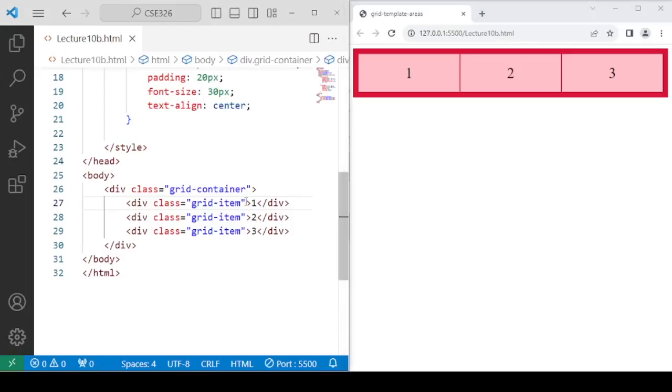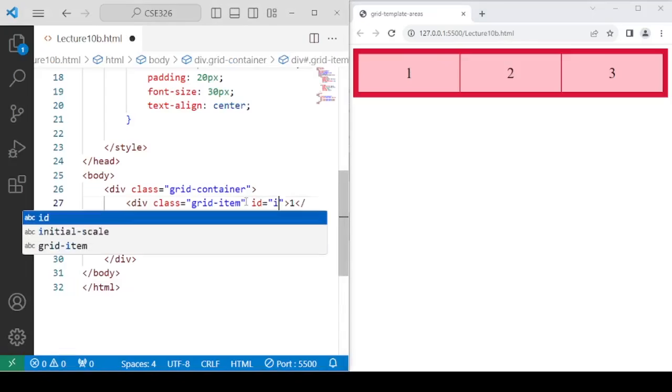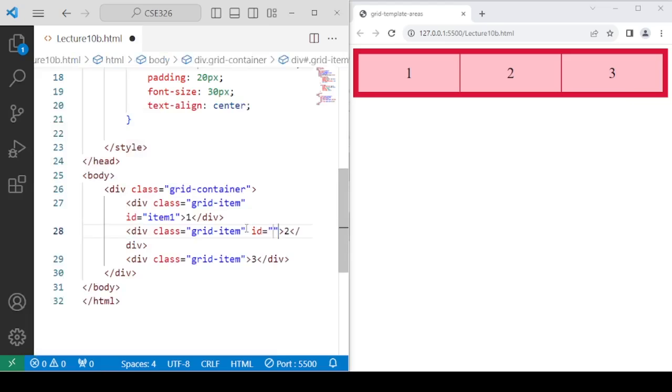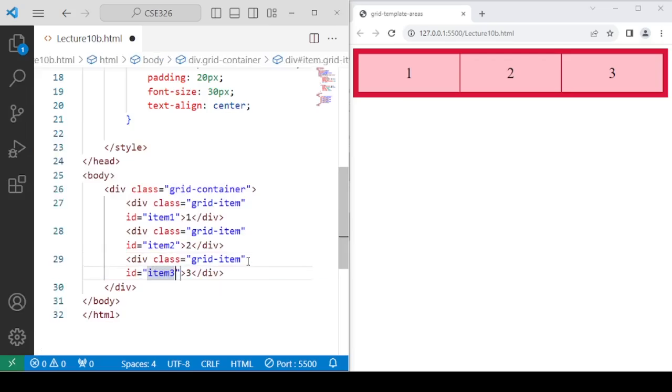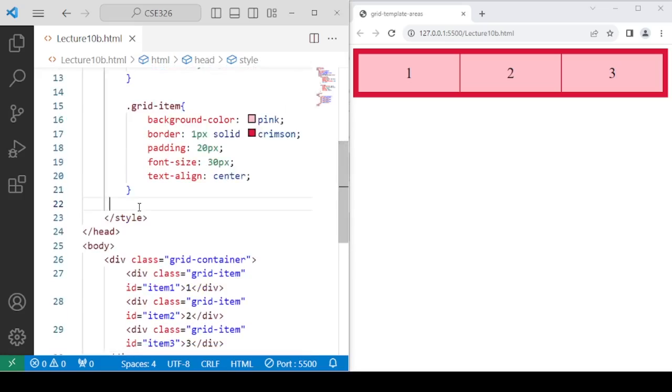columns. To understand the grid template areas, we must give ID to all these items individually. To item 1, I'm giving item 1 as the ID. To item 2, I'll give ID as item 2. And to item 3, I give ID as item 3. We can now actually refer to these items through their IDs individually, and we can let them occupy the area that they want. Now for this, come to the style tag and refer to all these IDs individually and give